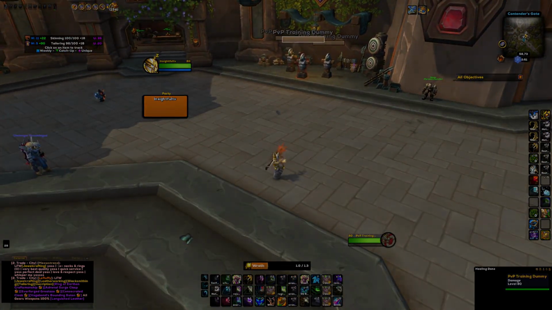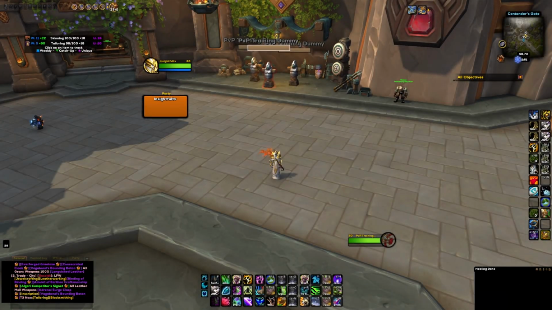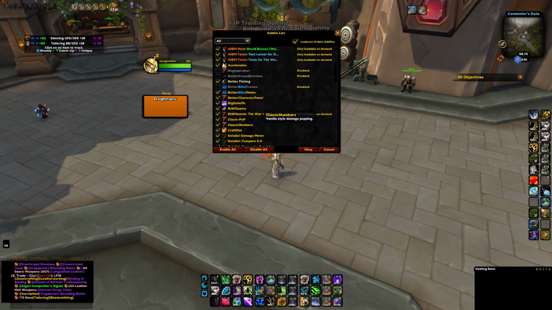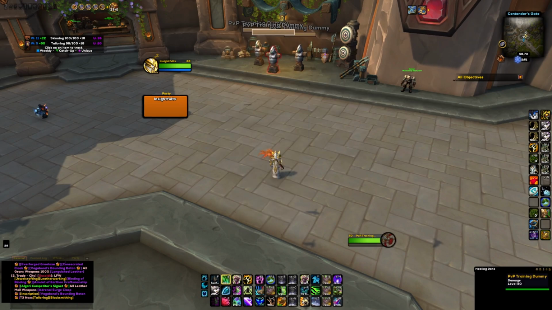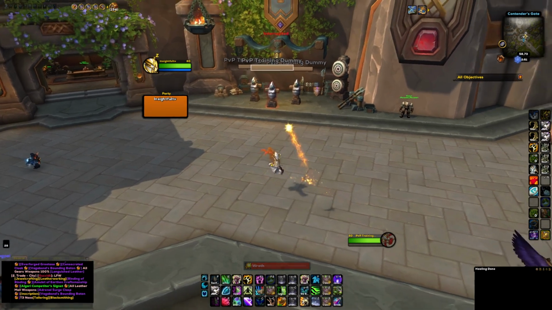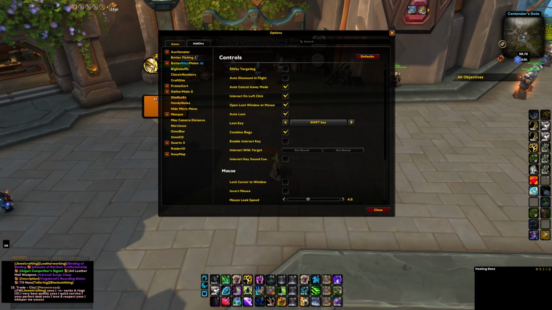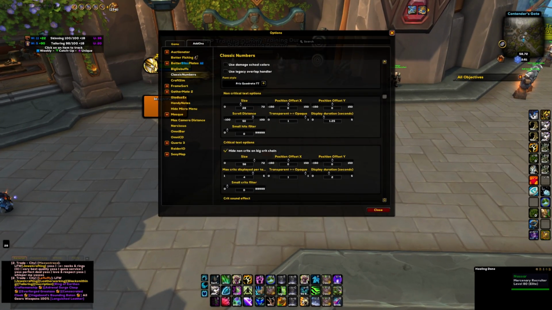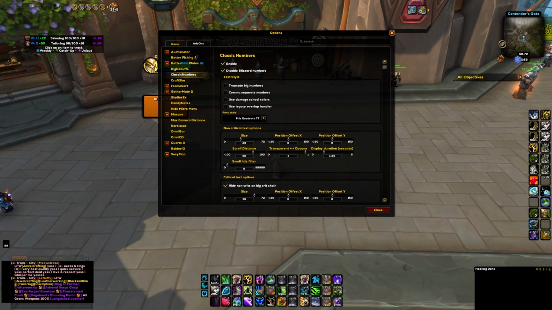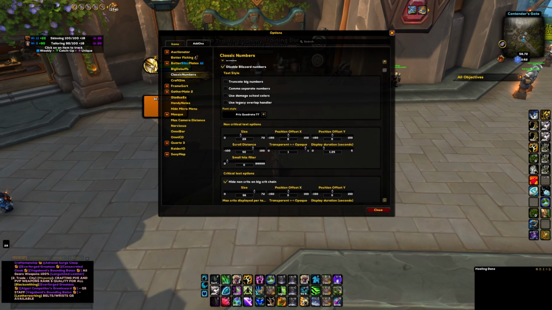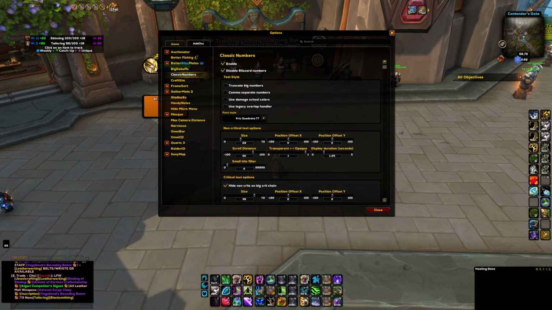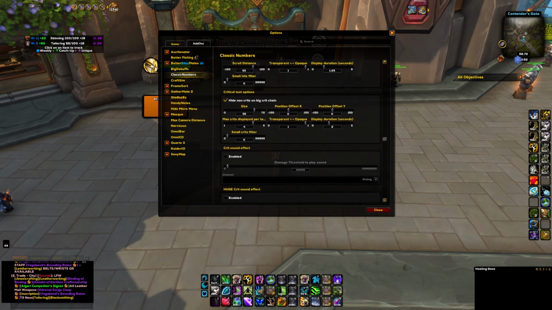So the next add-on is ClassicNumbers. This add-on basically, let me show you. So this add-on is what makes that damage appear there like that. So if we go to options, add-ons, ClassicNumbers, you can see here all of my settings. Again, there's no profile option. So I will go down. My font style is set to that. My font is customizable, by the way. It's a font called Nexo. So I've just replaced all the original font